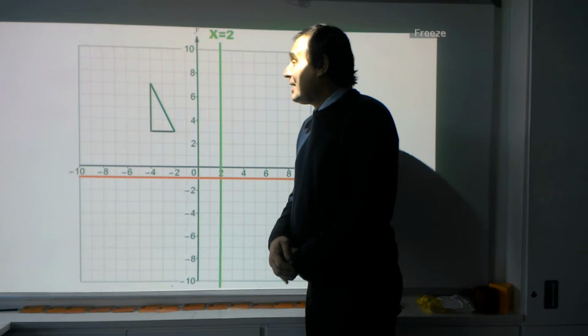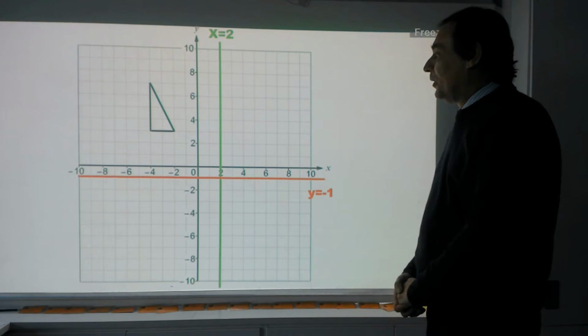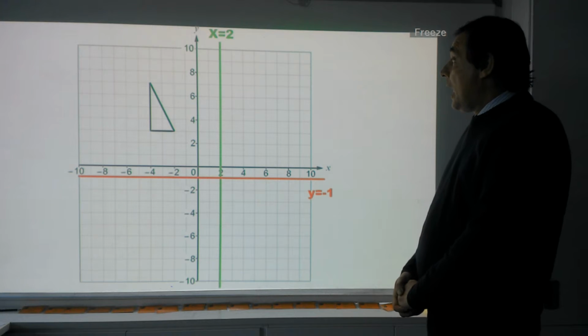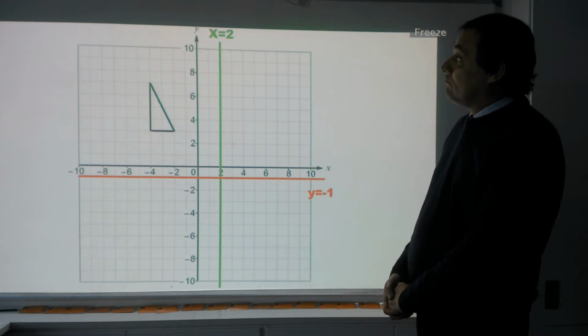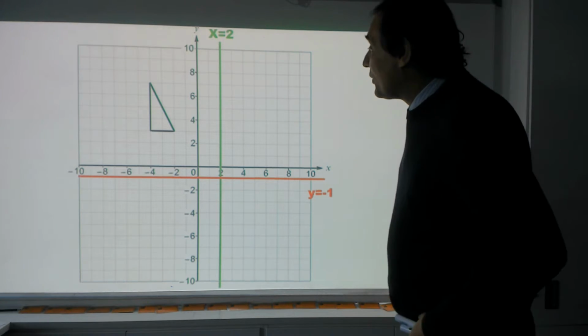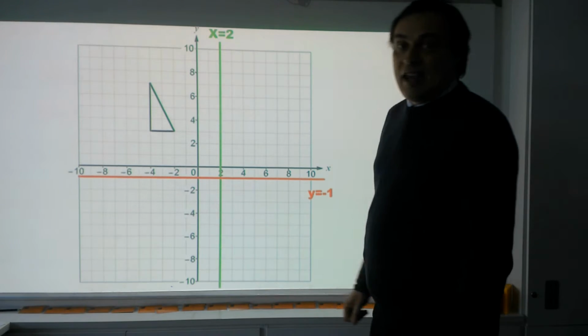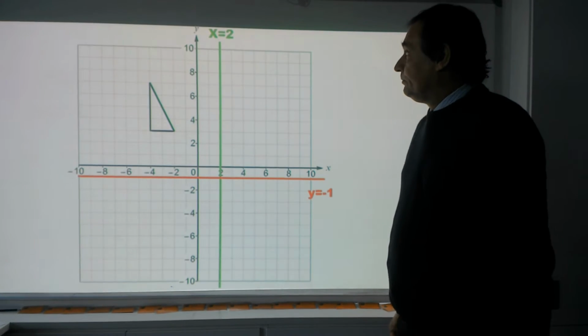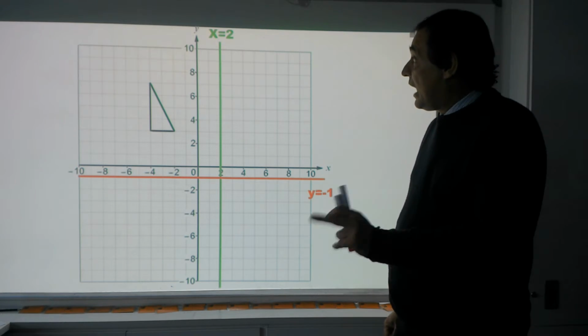Reflecting shapes in horizontal and vertical lines. Okay, in tests and exams and exercise books, you will get questions saying, here's a triangle, reflect it in the line x equals 2. And the line x equals 2, as in any line that begins with x with a number